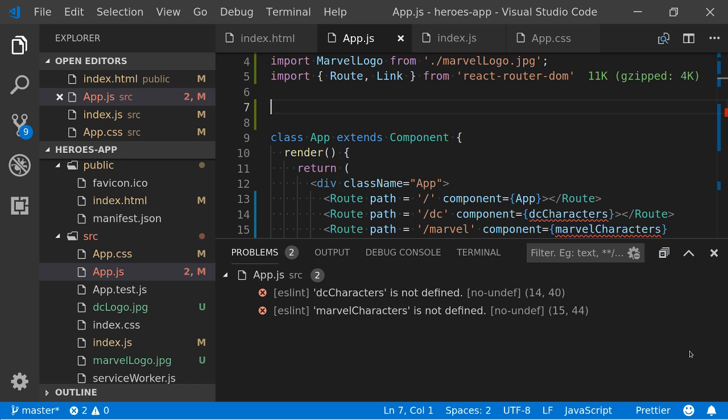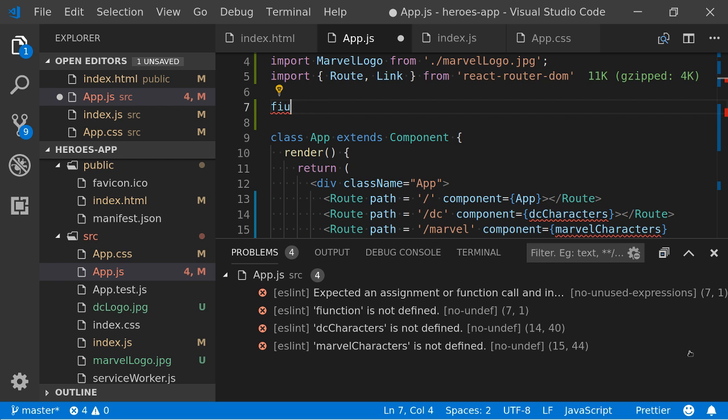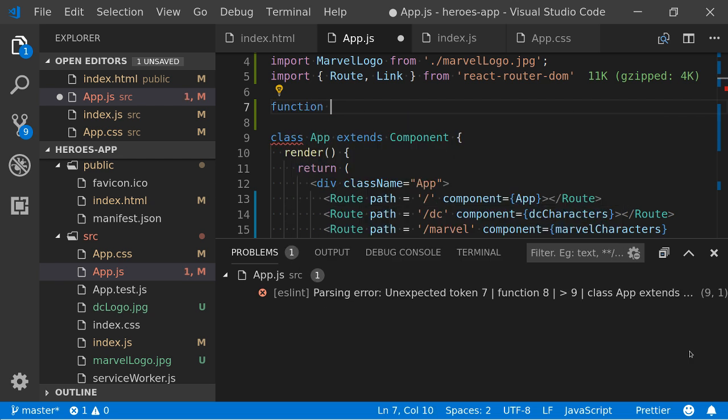So, how would I write a function in JavaScript? Anyone know? Function? Oh, you start with function? Yeah, awesome. That's why you're saying function at me? I thought you were questioning. Name of the function? Say again?